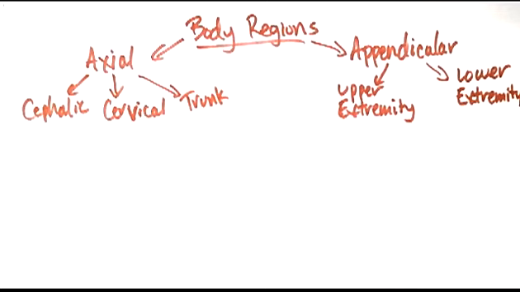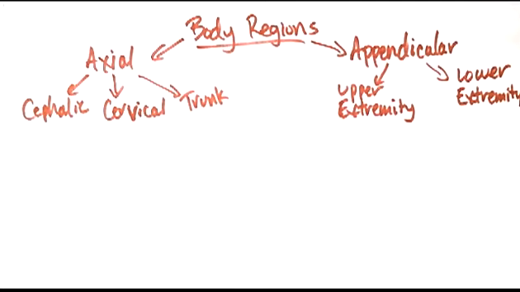So cephalic is the head, and we'll get into some more detail about that. In particular, we're going to study the brain and the 12 cranial nerves that go with that, and that won't happen until the spring semester. And then cervical, we'll look at that not just on the bone side, but also on the nervous system side, and that's going to be the cervical vertebrae, the neck. We'll look at the digestive system with the esophagus running through there, the respiratory system with the trachea running through,